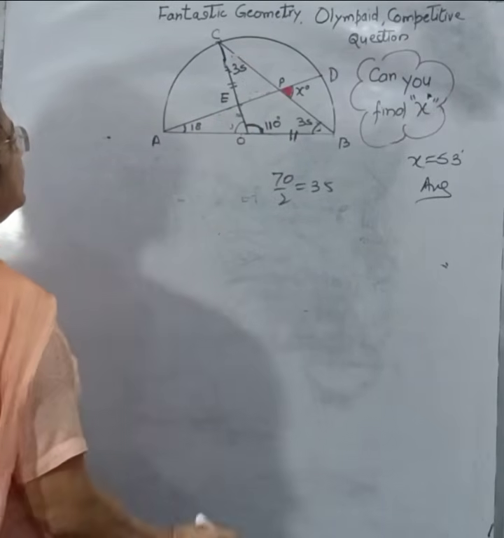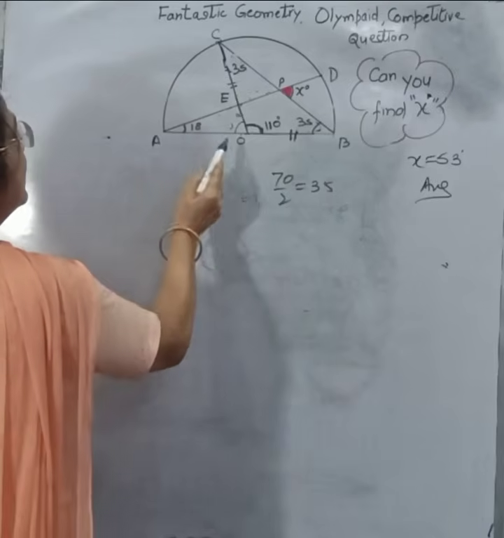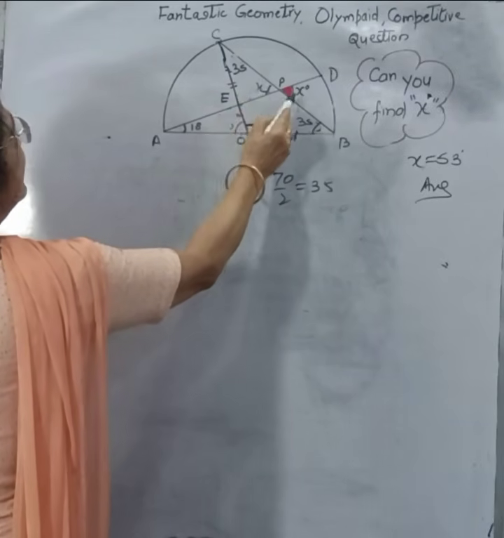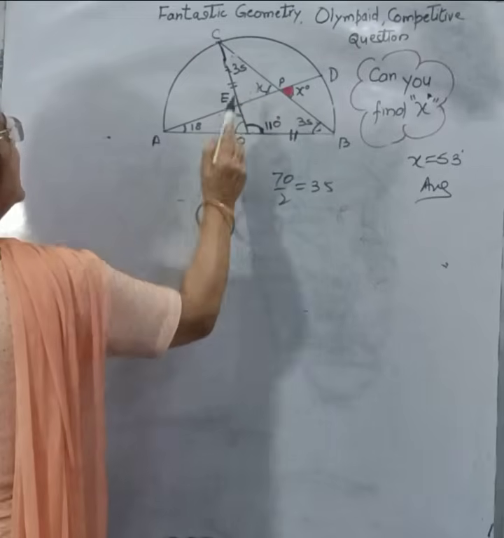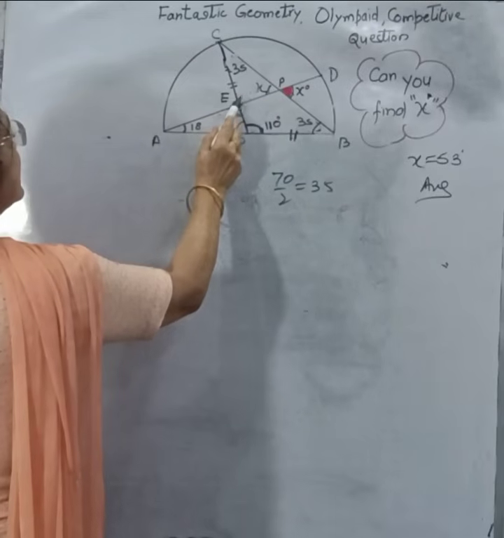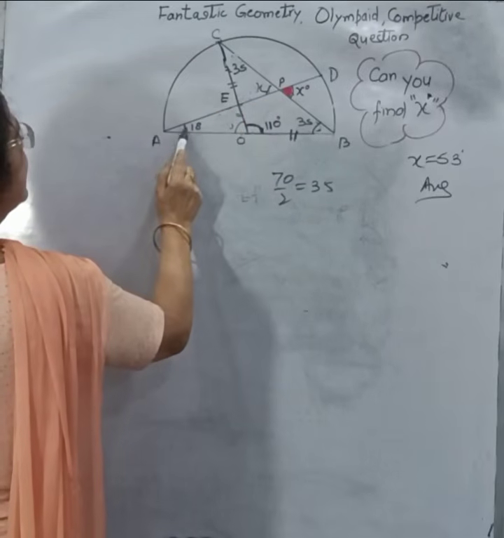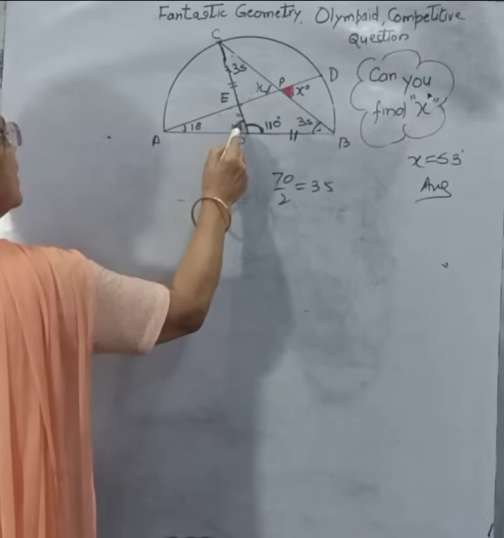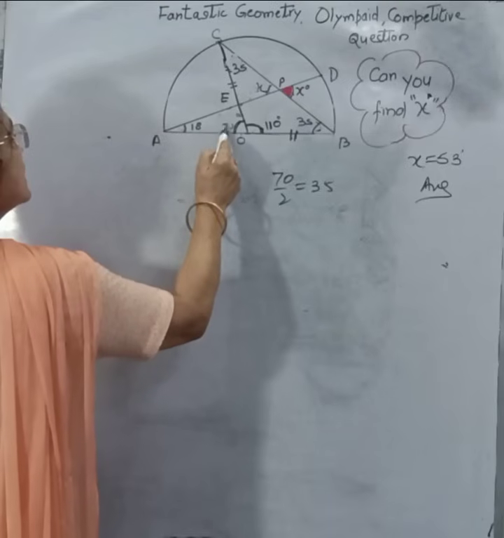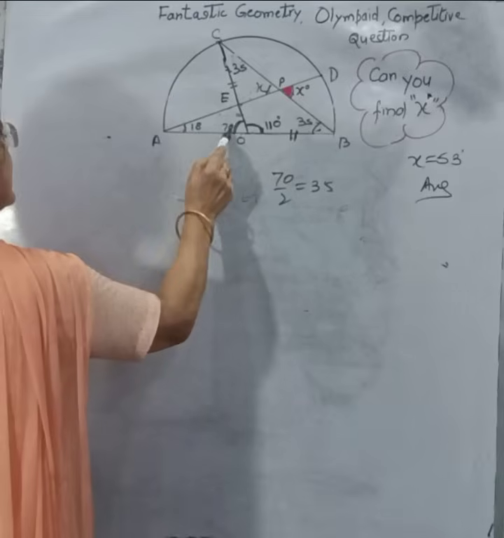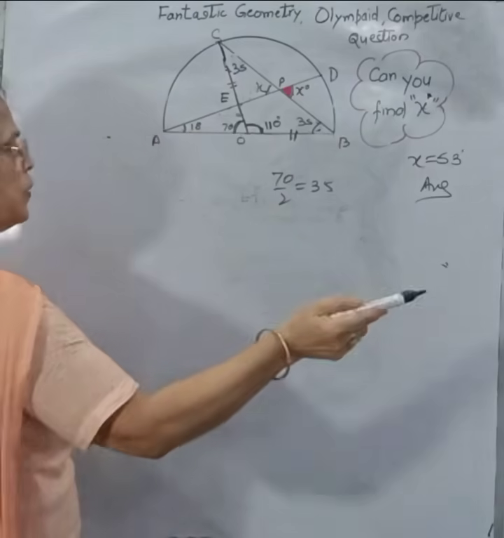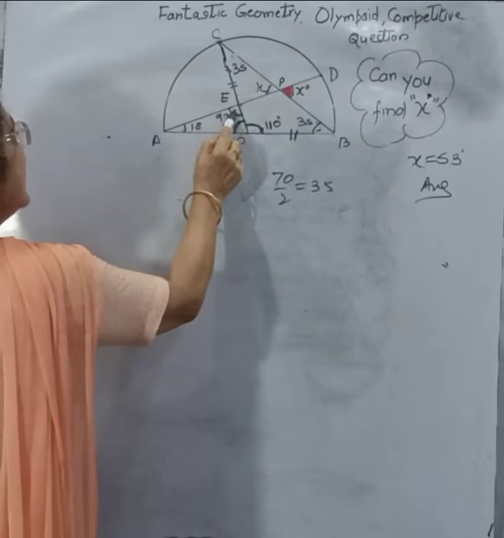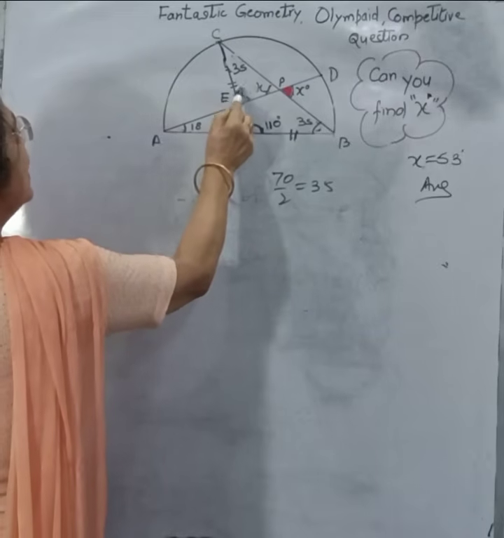Correct? अब now what we can do, अब हम क्या करें, ये वाला एंगल x मान ले और एक ट्रायंगल, ये तो x निकालना है भाई, क्योंकि इसके बराबर है, ये निकाल लेंगे तो ये निकालेंगे, बात एक ही है। किसी तरह ये एंगल पता होना चाहिए, ये एंगल हम इसकी सहायता से निकाल सकते हैं, इस ट्रायंगल से, क्योंकि ये 110 है, it will be 70. Okay, then 70 and then 18, 88 हुआ, it means this remaining portion will be equal to 92, and ये 92 है तो ये भी 92 होगा.